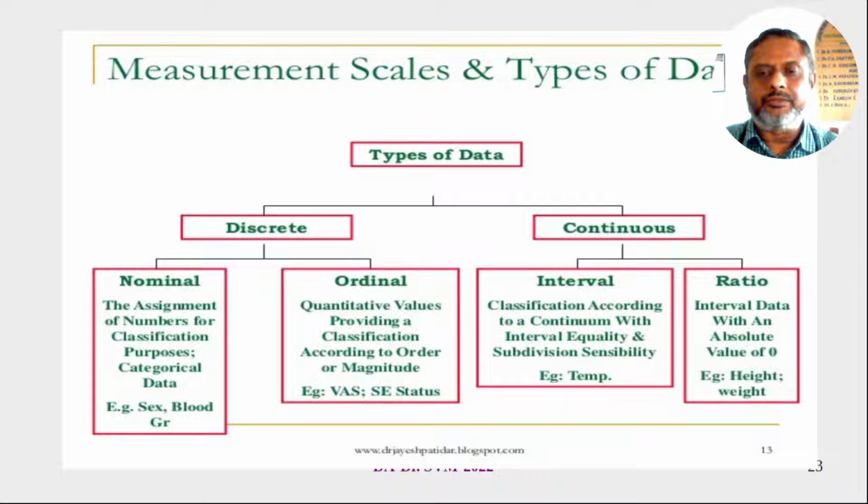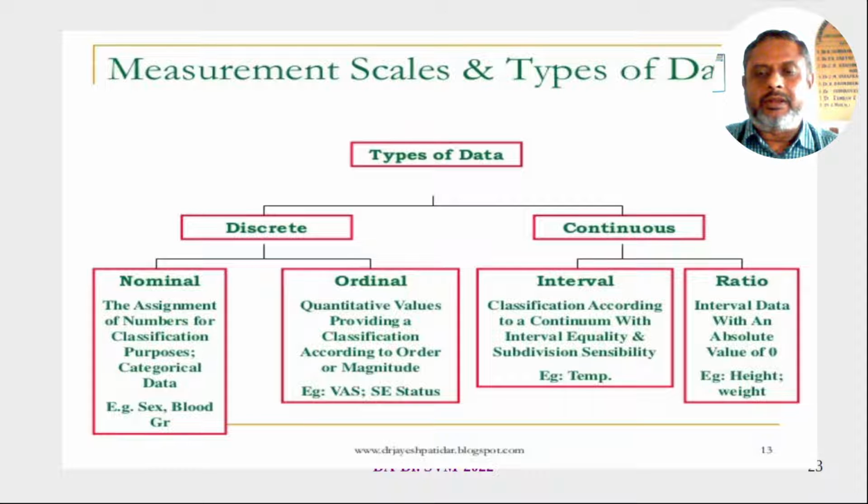So when it comes to intervals, yes, it is measurable, then there is order, and we don't have any concept of zero in this. Zero has no meaning in interval. That means you can have a negative value, positive value. Both are allowed. So temperature can be plus 40 degrees or minus 18 degrees centigrade. So both have meaning, but at the same time, addition and subtraction are allowed in this.